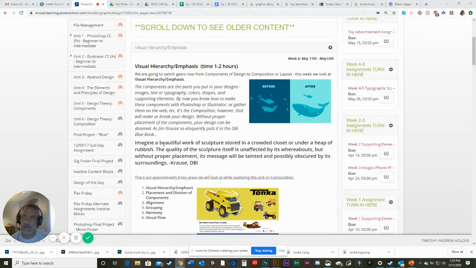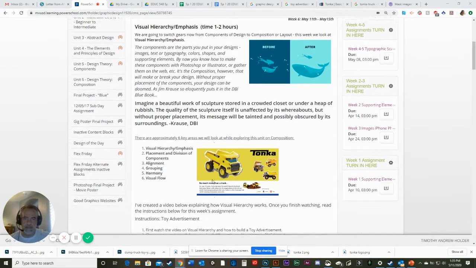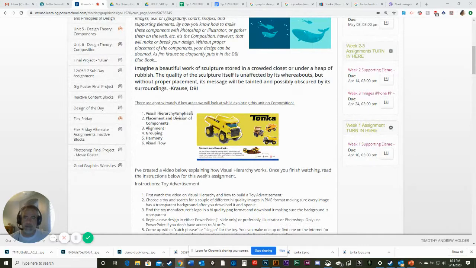And the same is going to go for your design. If you spend all this time making this fantastic sort of design or graphic that you're going to drop into an advertisement, and you don't do proper placement and division of space and all the things that are covered under composition, it won't make any difference. It's just going to look like crap to the person that's looking at it. They're going to go somewhere else and your design's going to fail. And so that's what we're trying to look at here so you guys understand this and you don't make those mistakes. So again, the 6 that we're looking at are visual hierarchy and emphasis, placement, division of components, alignment, grouping,